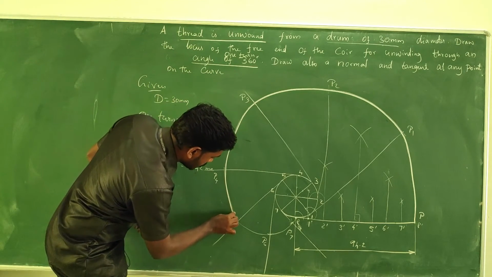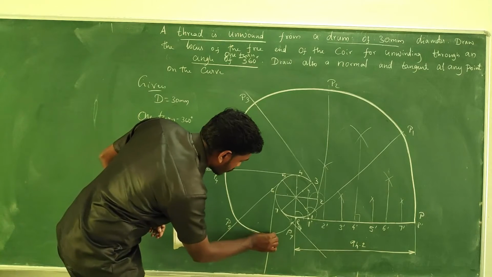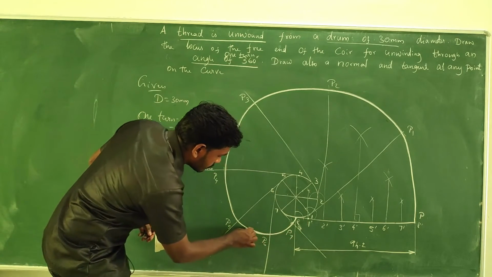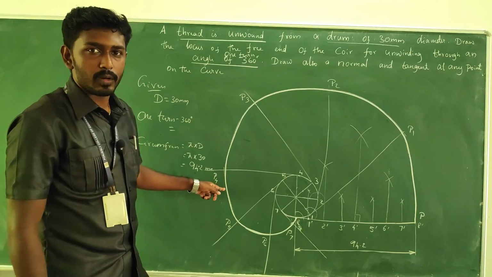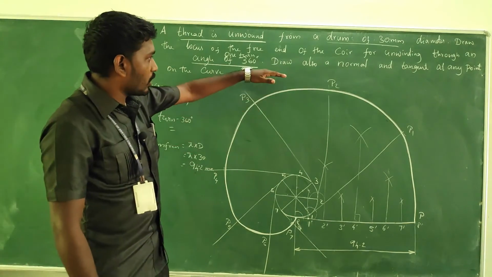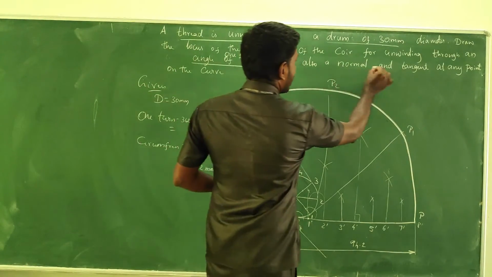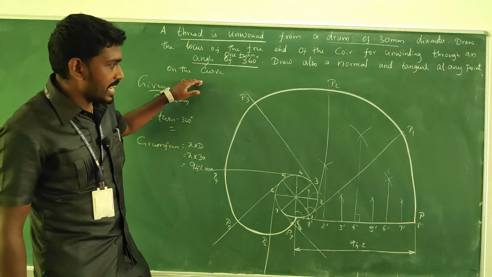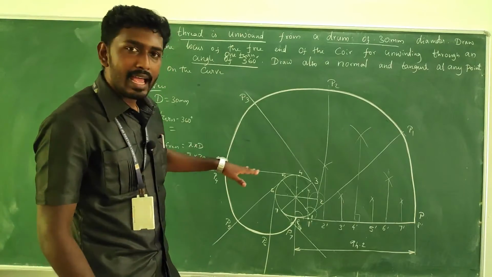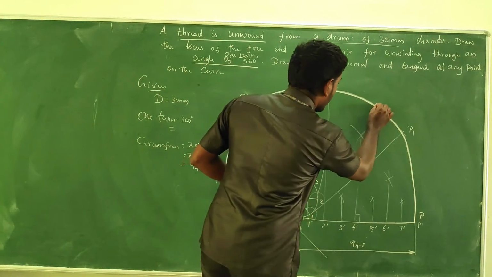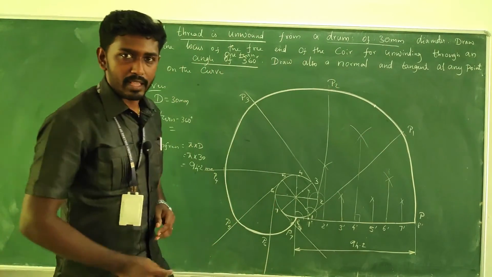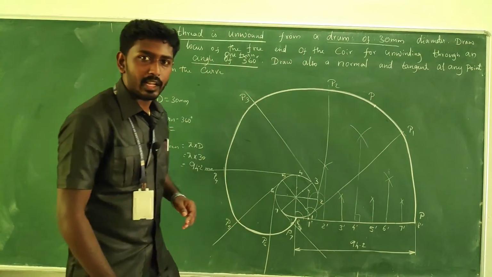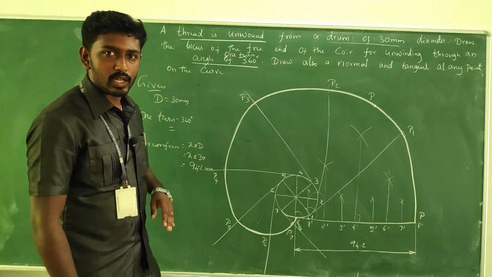Here in the involute, this is the required part, this is our profile. So make the curve dark. Next, what is remaining? Draw the normal and tangent at any point on the curve. So take any point on the curve. I am going to take it at this particular place. This is the point P. Here I am going to construct the normal and tangent.